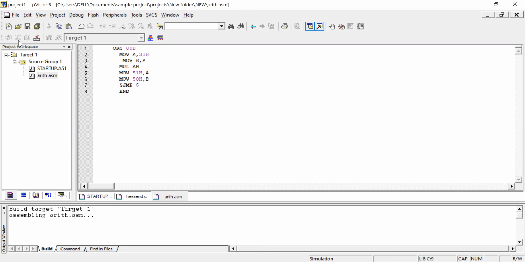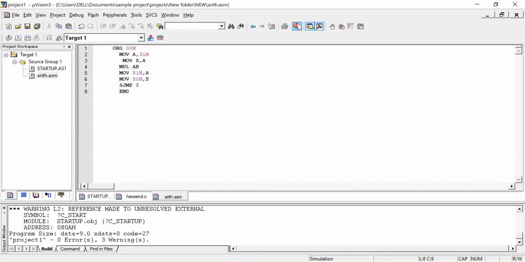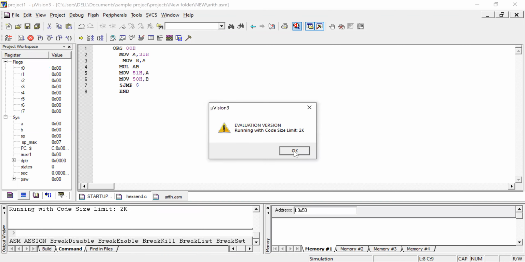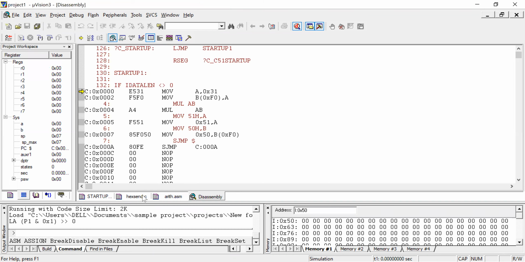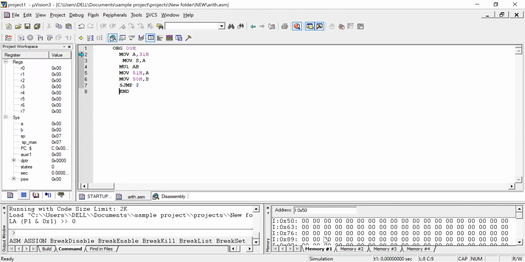I will build the program and debug the program. As per my program, my input is in 31H, so go to location 31H. It is not necessary that you place the input in memory.